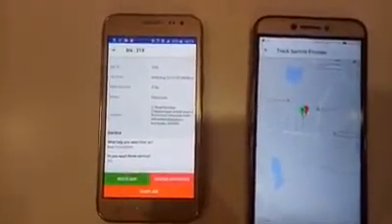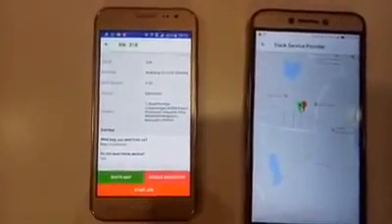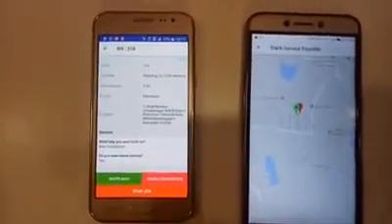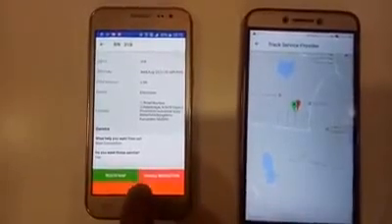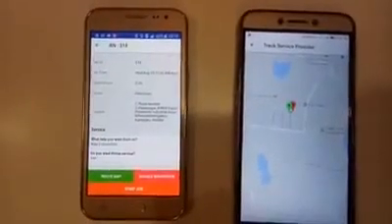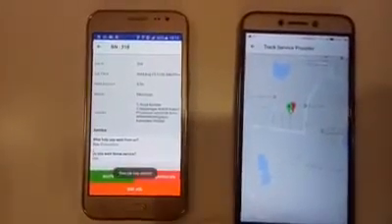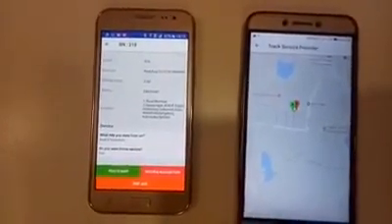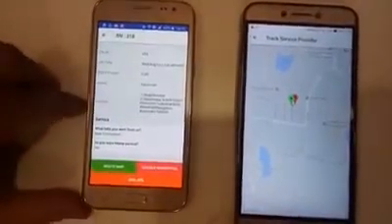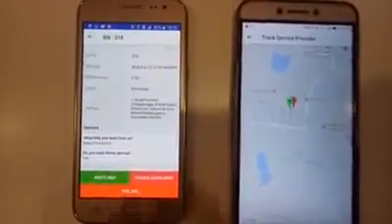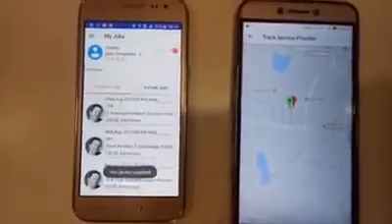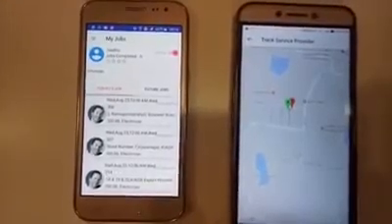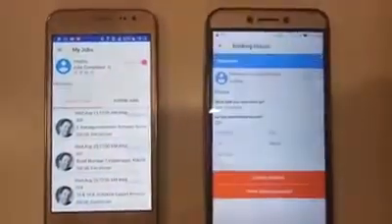So it is reached now. Once I start working, I click start job. So here I started the job, and once the job is finished by the service provider, he can click the end button. So the job is completed by the service provider.